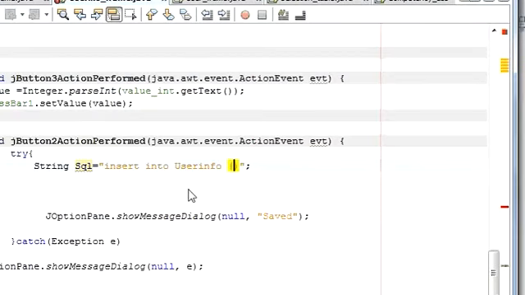So I will write all these column names. Comma date, comma